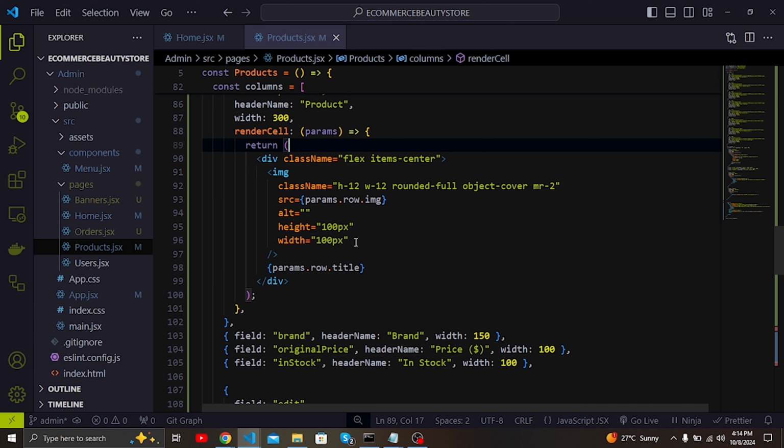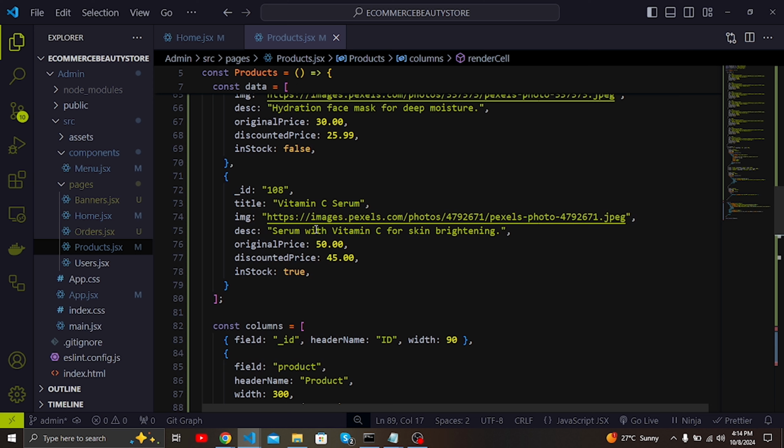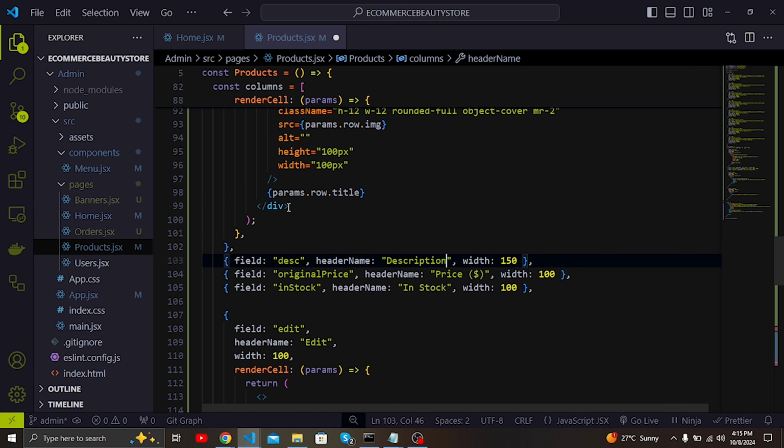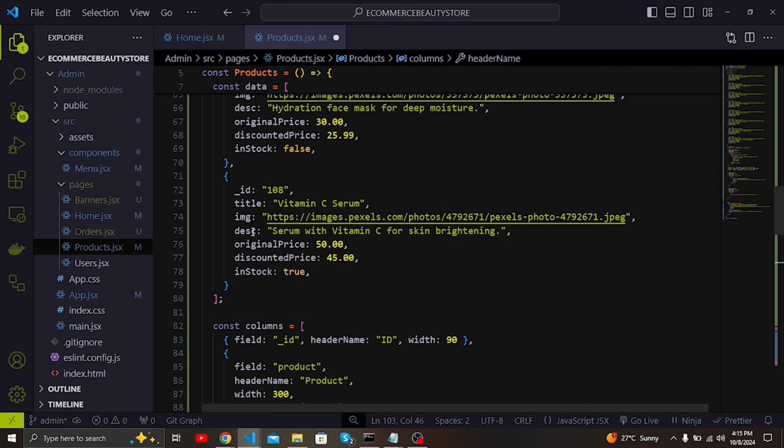That's why you can see I have selected dash row, and then those image here, and also for the title, you can see here it's also called the title. So the other one is the brand. I think now we don't have the brand, so I'm going to have the description here. So description, and this one will be description, or description like that. So you can see this name here for the field, it must match the one that you want to show